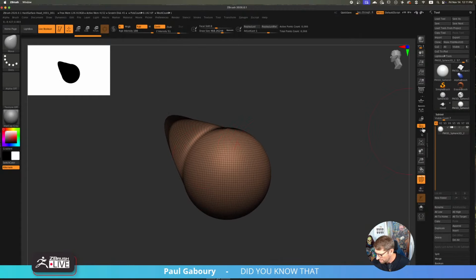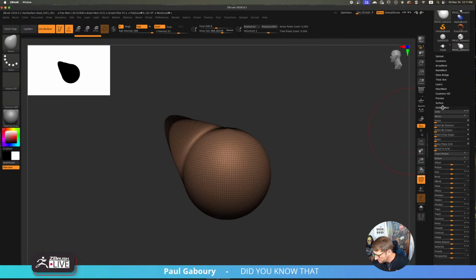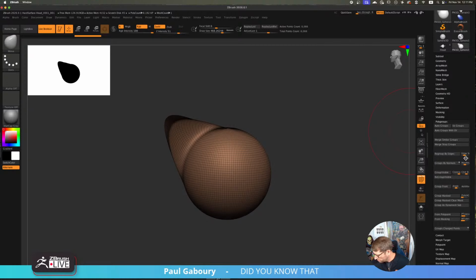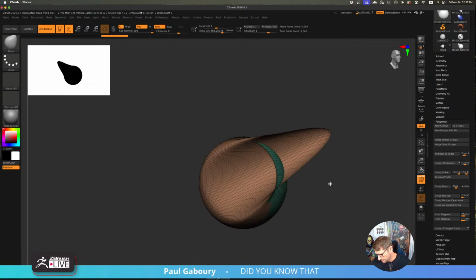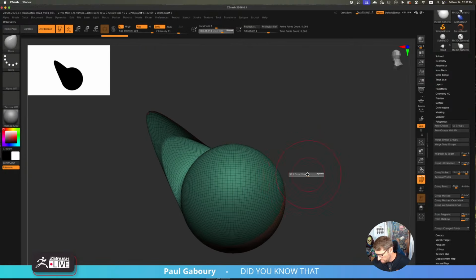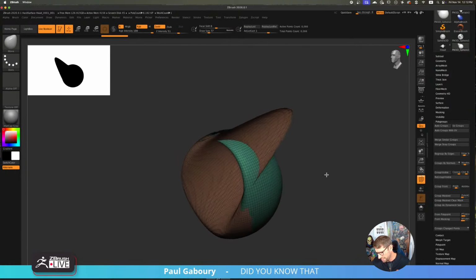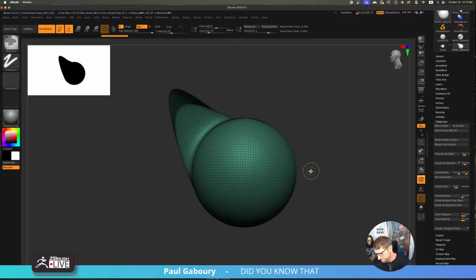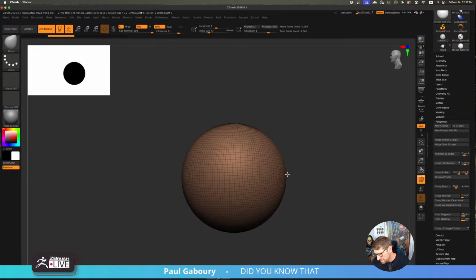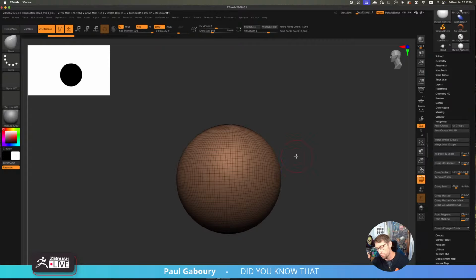What if we did... because where are you? Polygroups. Polygroup front. In essence, this is displaying the polygons that only the camera can see. So I made a new polygroup based upon that polygroup plane. Like we have the real-time stuff for when you have a drafting angle, and you can also apply it as paint. Same thing for masking. So that's the only thing we have.